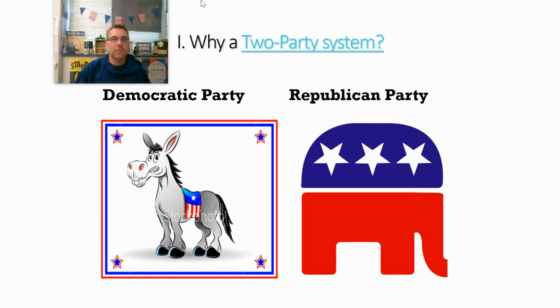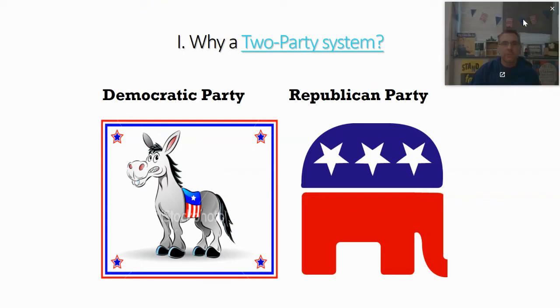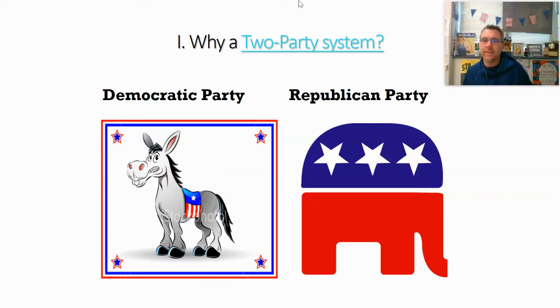Okay, we definitely have a two-party system, and you guys know that. That's part of the world we live in, our two-party system. So I guess the question to ask ourselves is why? What are some factors leading behind a two-party system? This is a really good question to ask, right? Because how do we get to this system? So I'm going to go through a couple points today and show you some of the historical reasoning that we have a two-party system, and then some of the other systemic reasons why we have a two-party system as well. Okay, between the blue team and the red team, if you will.